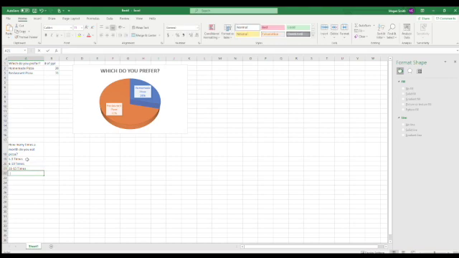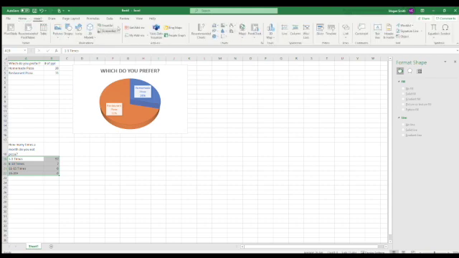So again, once you have all your options put into the cells, and next to each option you have the number of responses you got from people, you'll be able to click drag to select all of them, click on Insert,